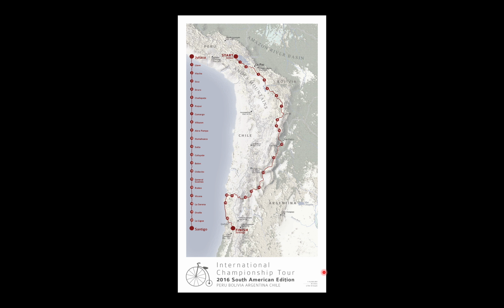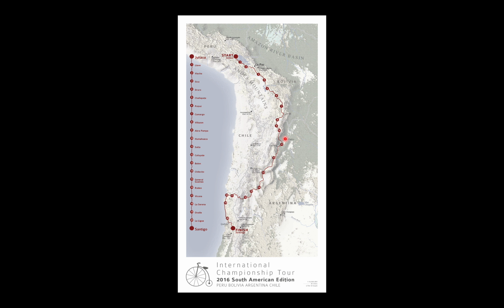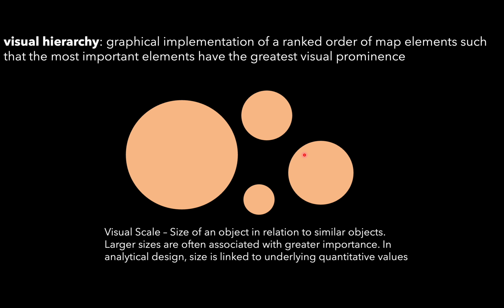So again, this is negative space as defined by the background terrain or background geographic context, and then here's negative space being implemented into a design through the use of neat lines or white boundaries. Okay, and so